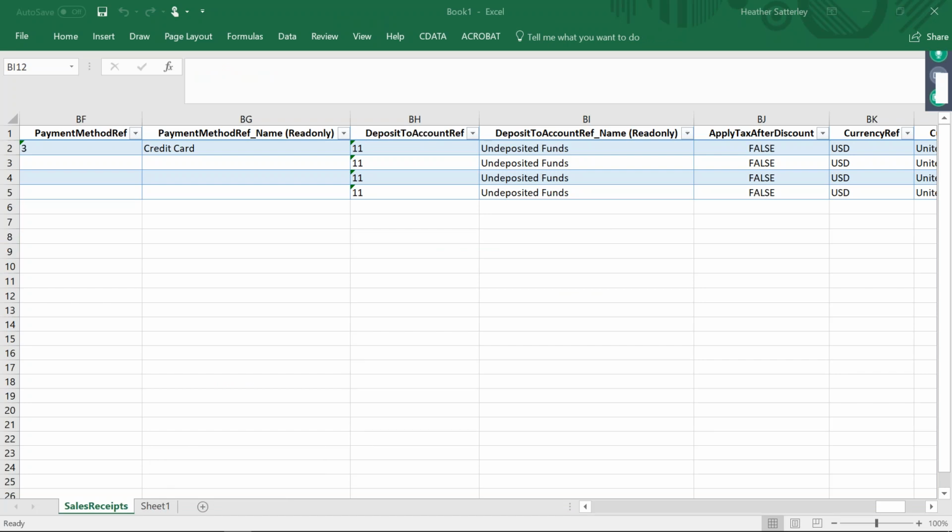Then I would just update that column, and then tell CData to go ahead and update it as well. So let me just get that for you, and I'll show you the easiest way to find